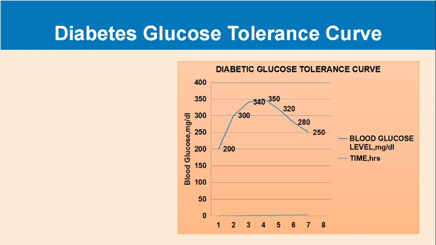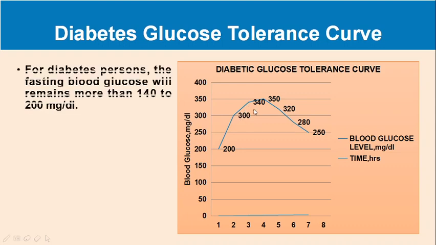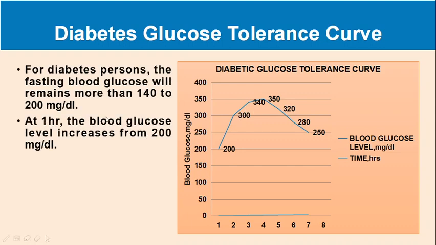The starting value itself will be more than 200 milligram per dl, and after 1 hour interval it will increase to more than 300, 340 and 350, like that. It will keep on increasing. Okay, so the 1 hour sample will always be increased from 200. Okay, so it will reach more than 200 milligram per dl in the case of